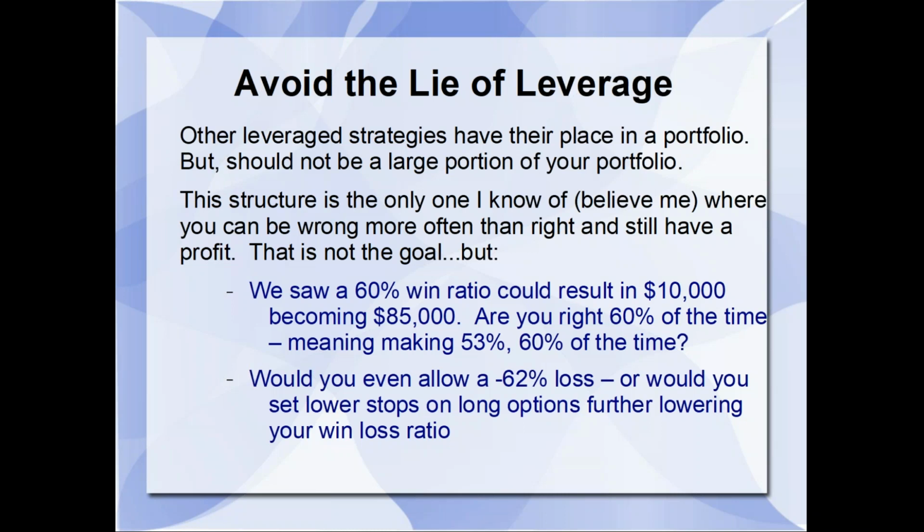investors making $20,000 on bull put credit spreads in 1 month, and then $30,000 in credit spreads the next month, allocating about $100,000 to credit spreads. And then in the third month, they lost about $60,000 because of the lie of leverage. It's not to say you can't be successful with some of these strategies, but it should only be a smaller